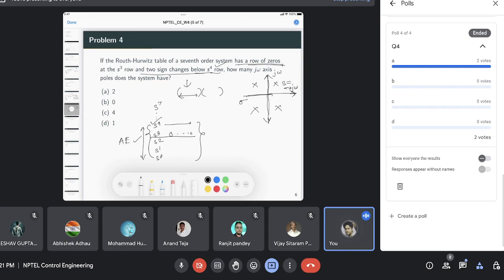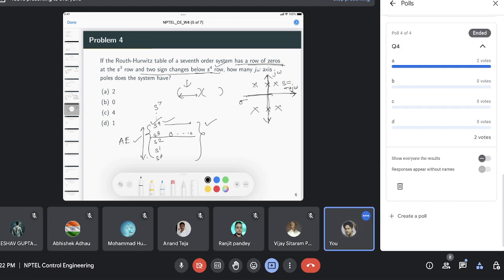Whenever you have a row of zeros, you know that there is an auxiliary polynomial for which symmetrically located poles are associated, and you can also have imaginary axis poles only in that case. So in this auxiliary polynomial of fourth order, whatever analysis happens after that is valid for